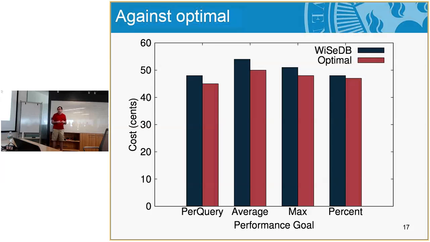Average basically says the average latency of all the queries in my workload needs to be less than a certain number of minutes. Max says that the slowest query in my workload has to be less than a certain number of minutes. And percent says 90% of the queries in my workload need to be less than a certain number